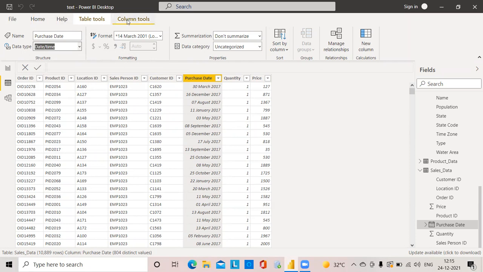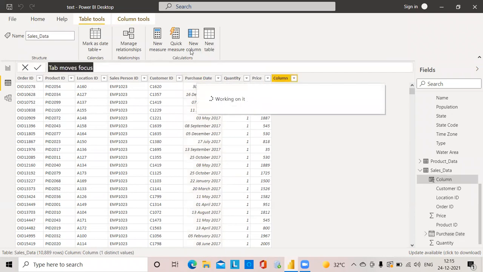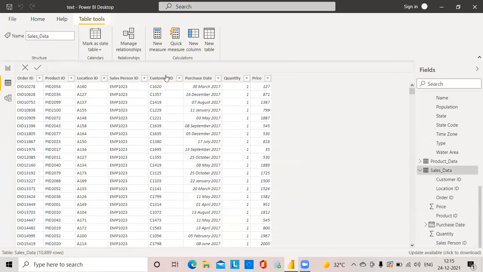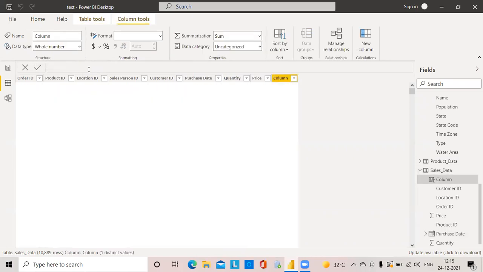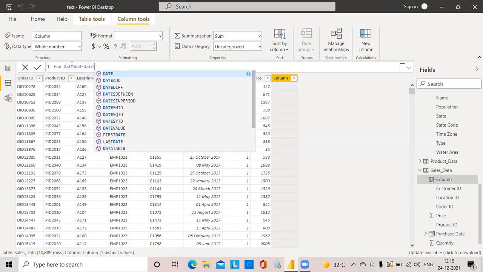For that, I will use table tools, new column. Function date add equal to date add.